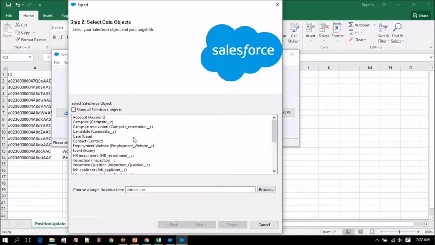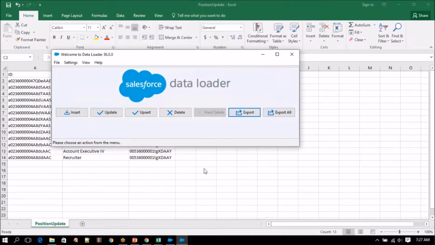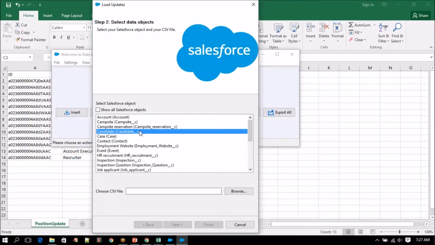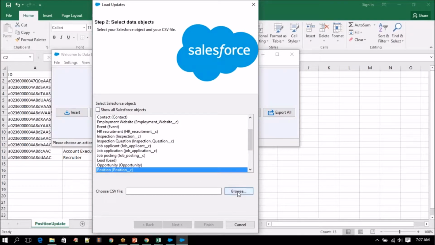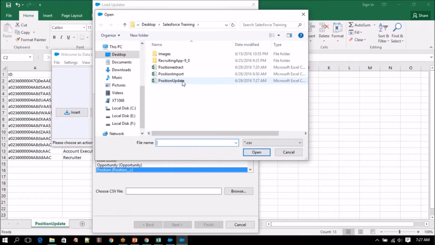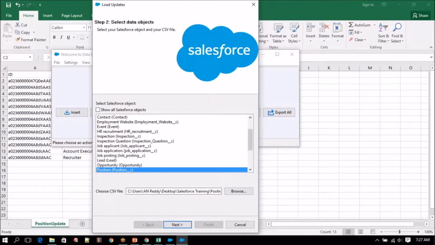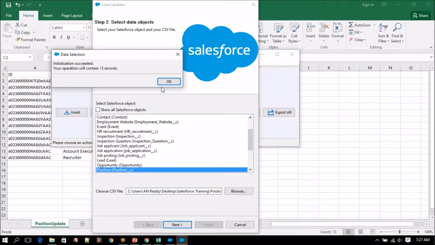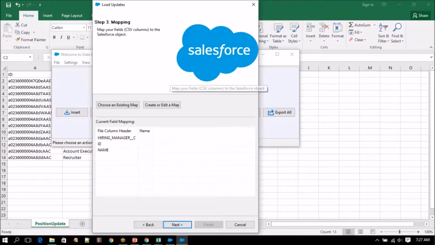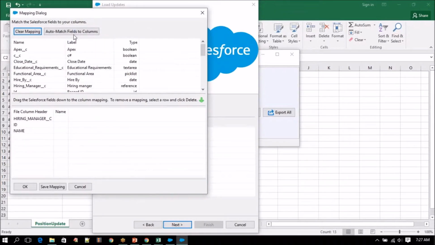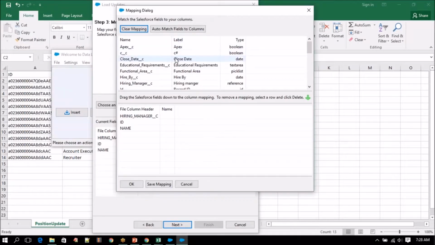Go to export, sorry, import. We need to update the data, right? So update position and select the file. Position update, open, next. You have 13 records to update. And now you need to do the mapping again. First do the